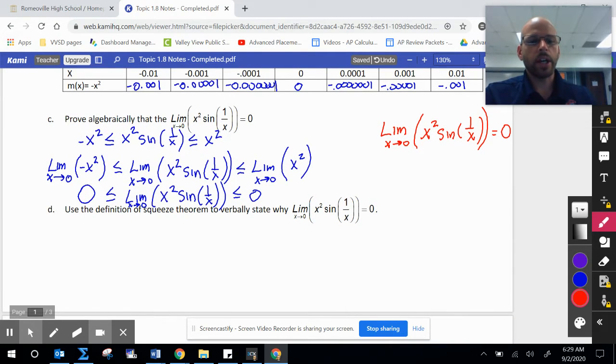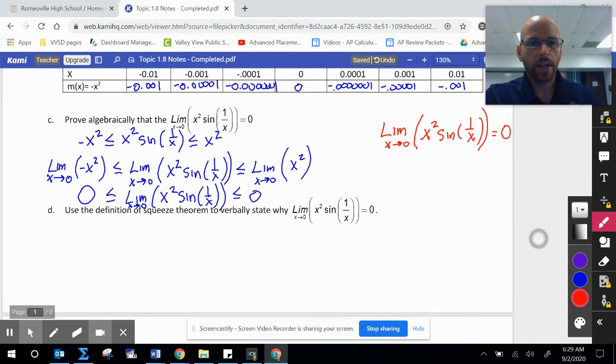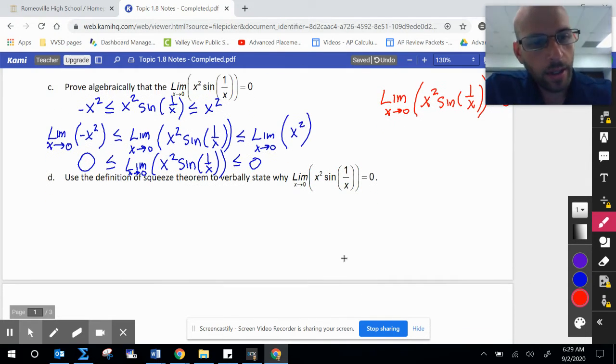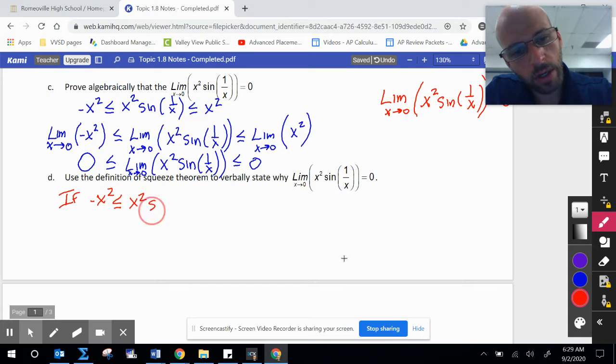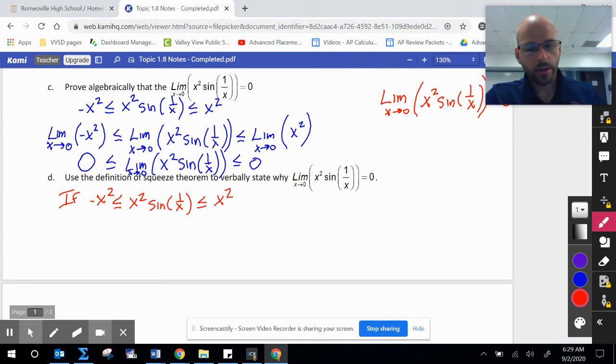So for part D, I just want to practice using the definition of the squeeze theorem to write a verbal sentence. Okay, so I'm going to start with: if negative x squared is less than or equal to x squared sine of 1 over x, which is less than or equal to x squared,